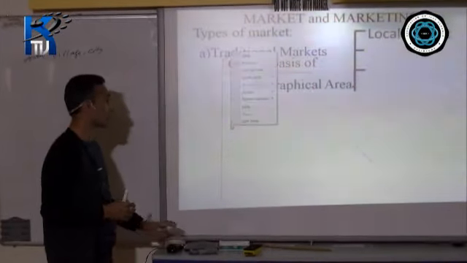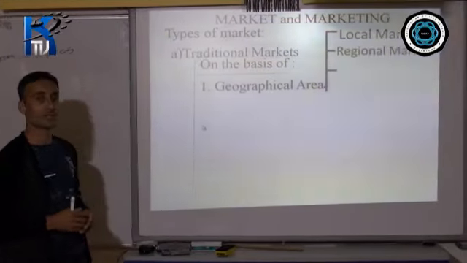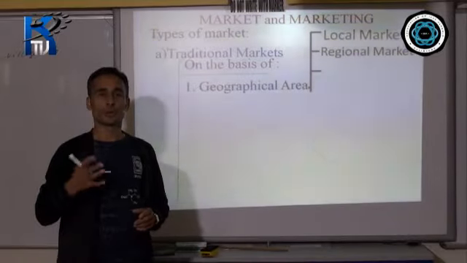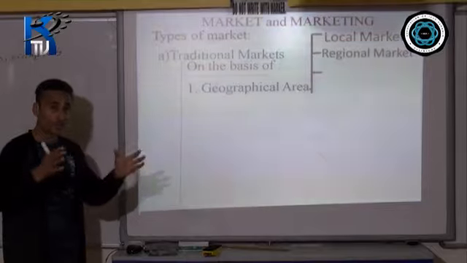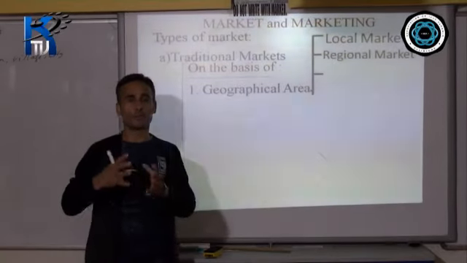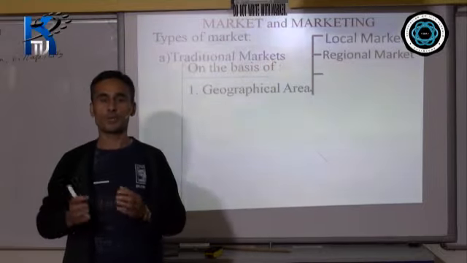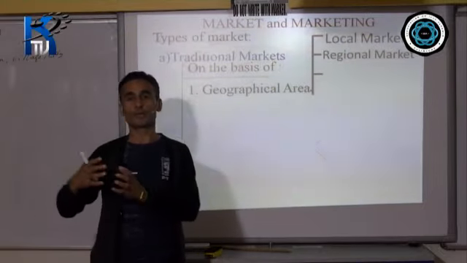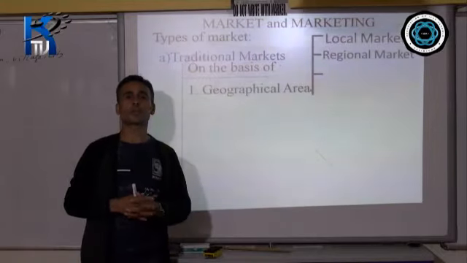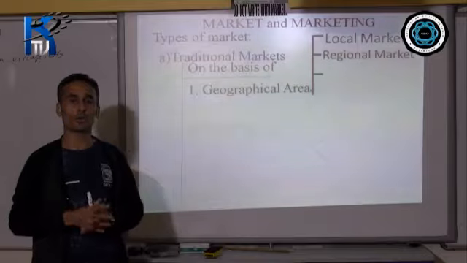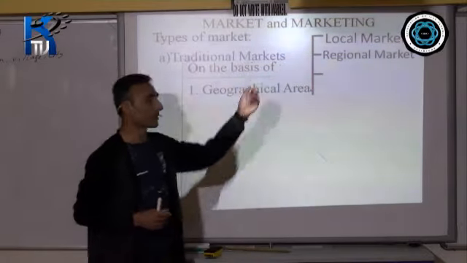The next kind of market on the basis of geographical location is the regional market. When you talk about the regional market, here the area or the boundary will be bigger than the local area. Here you may be catering to the needs of a certain region, maybe a southern region, or maybe 2 states or 3 states. Like you produce a product here in Kalimpong and would like to sell in Sikkim or a northern state, then that becomes your regional market.